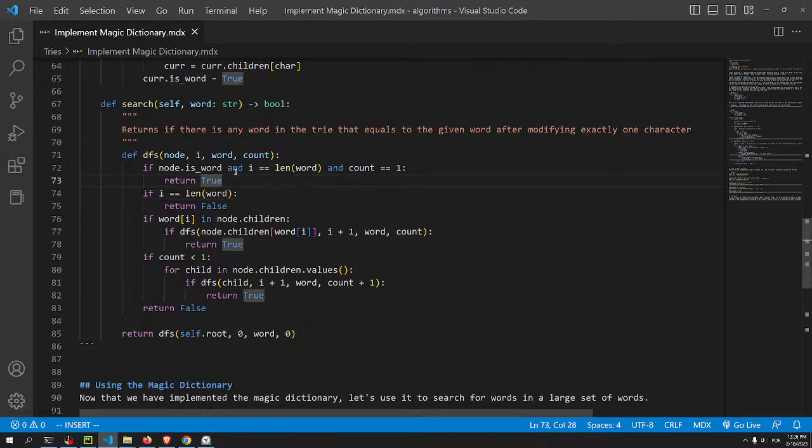So I could put if node is word is true, and if